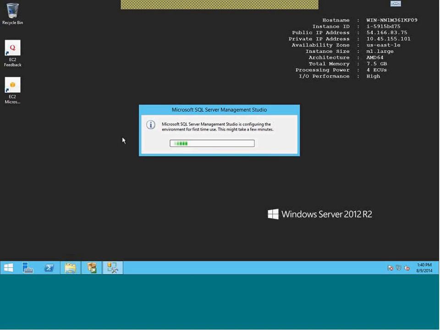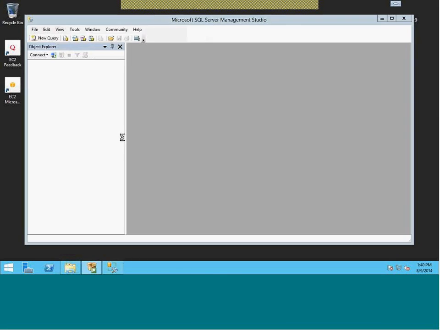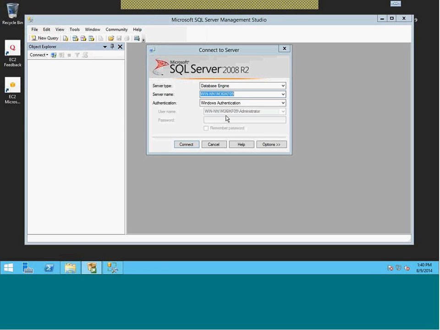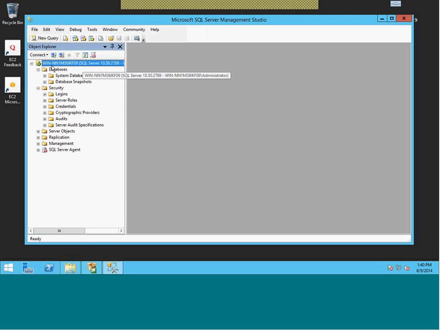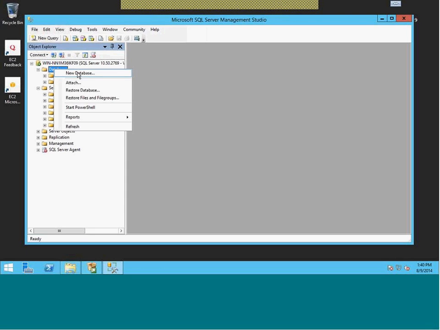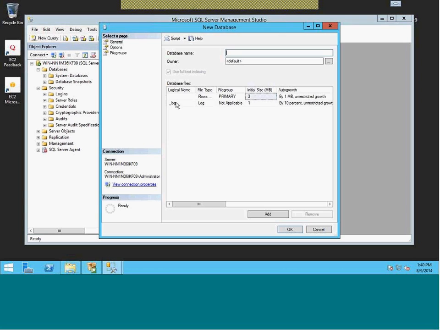So let's open SQL Server Management Studio. We are logging into it. This is SQL Server authentication because we selected mixed mode. So the name, don't worry about it. The DBA will give you that, but you need to be comfortable with this. I don't have any database, so I create a database. How do we do it in SQL Server? Right click, new database,